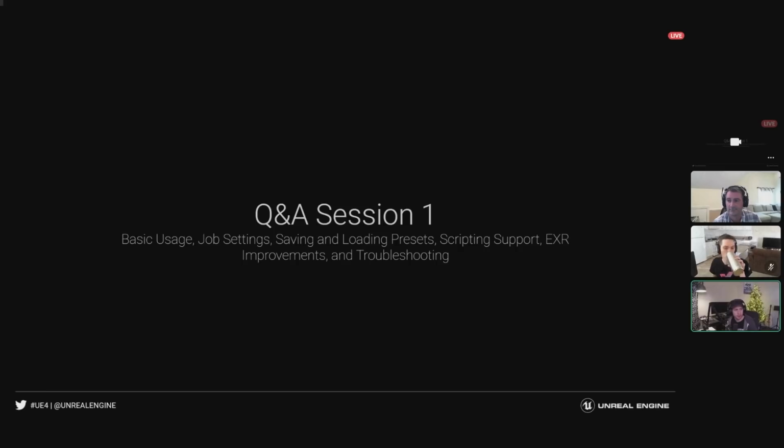I'm going to butcher this username, but New Shishun asked, is it possible to add a post-output console command to run a video compression tool like FFmpeg on the frames after render? You could use the console command, or actually you cannot use the console command section, unfortunately, because we run those stop console commands, or in console commands, I forget which we call it. We run those before we finish writing all the frames to disk. And so that's actually going to be a problem if you're trying to do something with all the frames on disk.